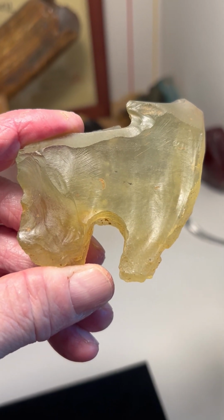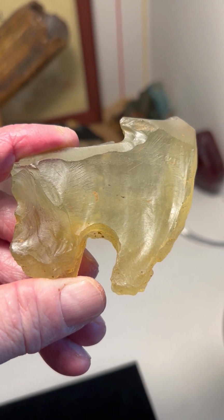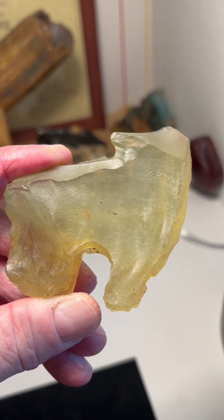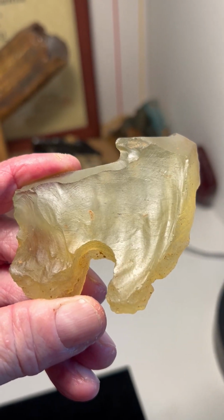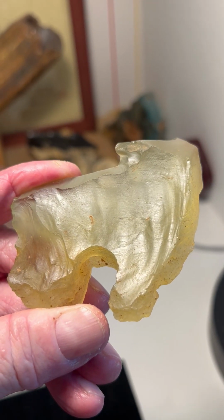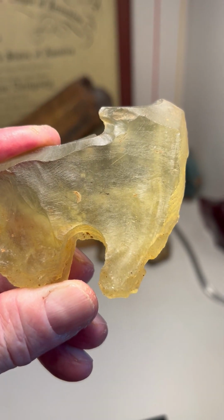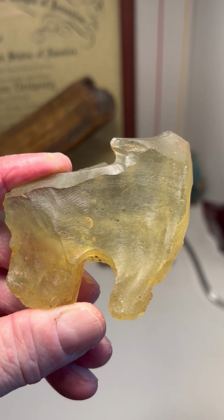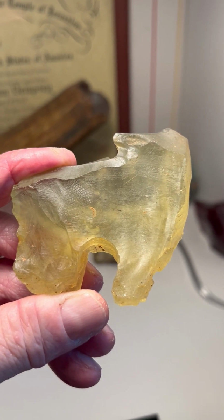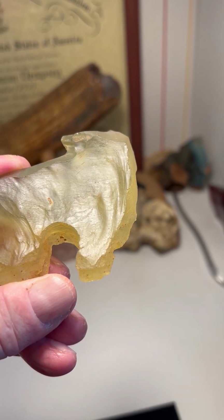This Paleolithic mammoth effigy is likely the most important Libyan desert glass archaeological discovery since King Tut's scarab beetle was determined to be Libyan desert glass, and that was produced some 3,300 years ago, whereas this would have been produced over 12,000 years ago. We have a wonderfully, beautifully flaked image of a mammoth facing right, and its eye is